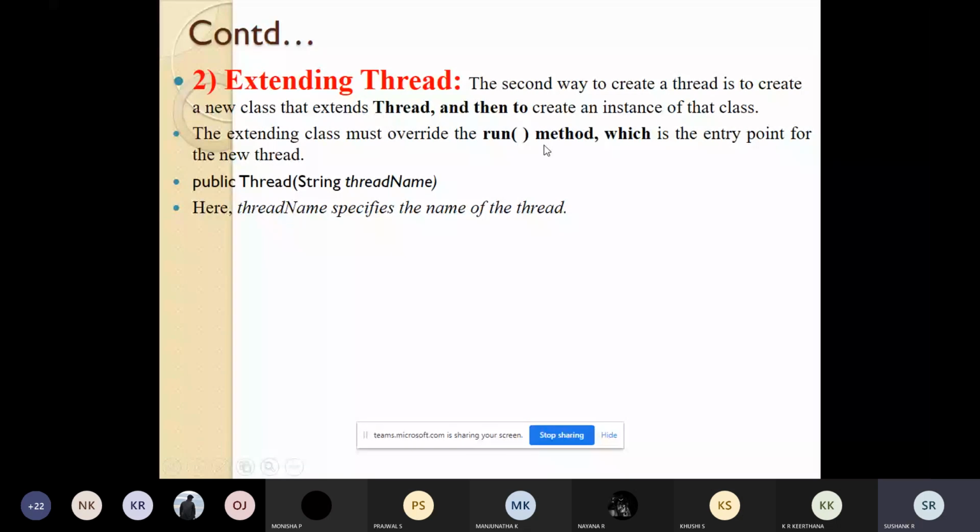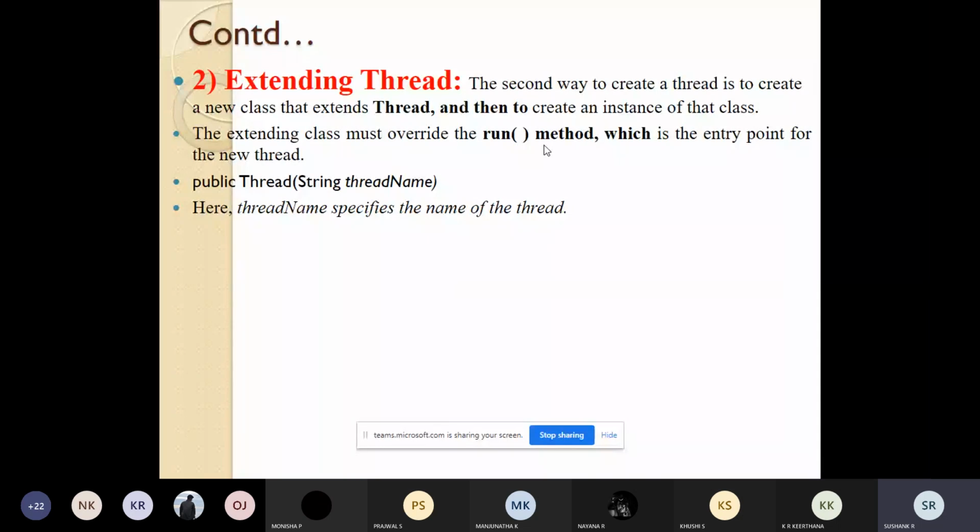Here also you must call the start function to begin the execution of the new thread. Programmatically, when you're writing the logic, you should make small changes, that's all. Here also you'll be using the run function, and here also you'll be using the start function. The only thing is that you should make small changes.